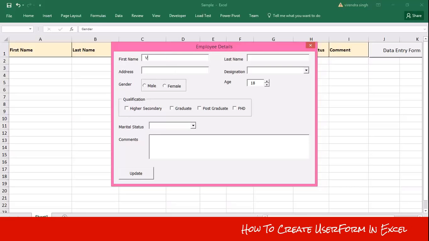This is first name, last name, address. This is a combo box. It's the designation of the employee. There are some values and you can choose any value for this designation field. So I choose this value,